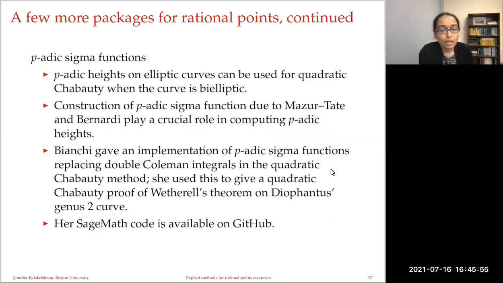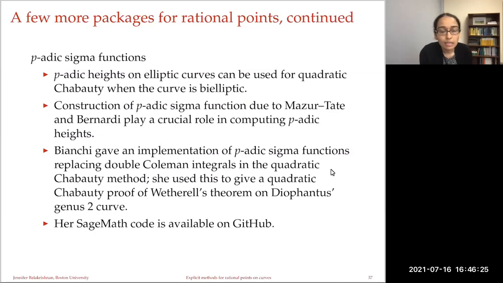Now, one other package of tools that is very useful is related to the quadratic Chabauty method, and that's the computation of p-adic sigma functions and p-adic heights. And this is very useful in the case when you have a bielliptic curve and you can reduce the computation to p-adic heights on elliptic curves. Now there's a construction of the p-adic sigma function due to Mazur-Tate and Bernardi that plays a crucial role in